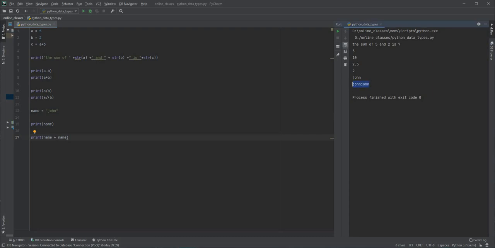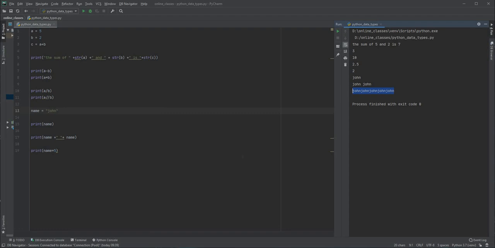So what I will do is concatenate a space, a string value, in between. Let's save this and run it again. See, guys, this time we are getting a space between the two variables. Now let's come to the multiplication of strings. This name variable multiplied 5 times. If I run this, it is going to print John 5 times.